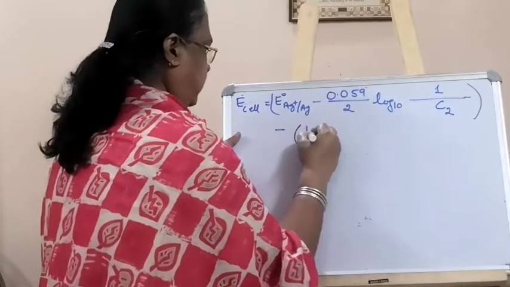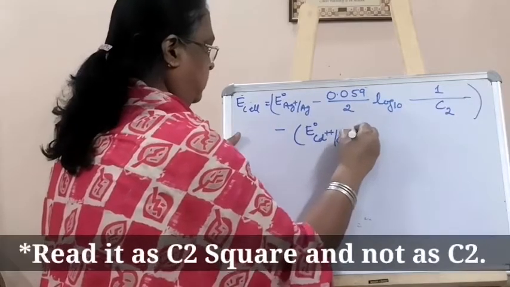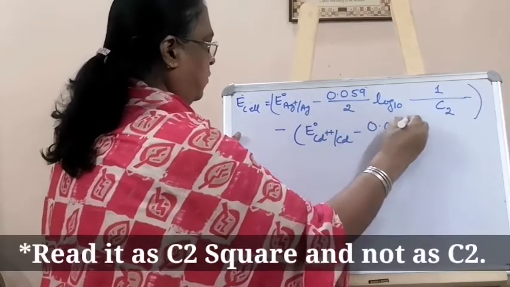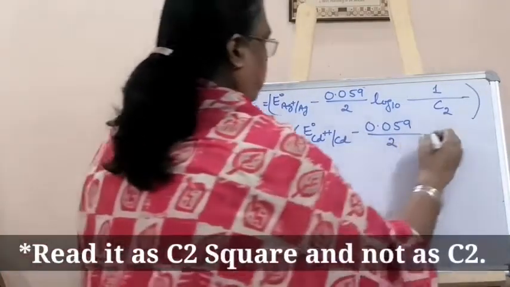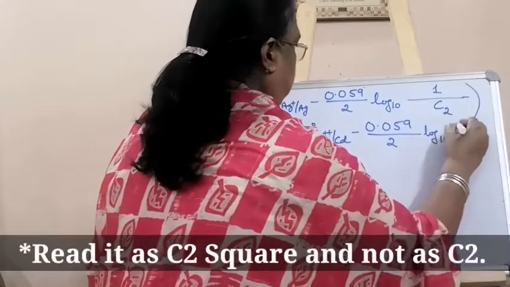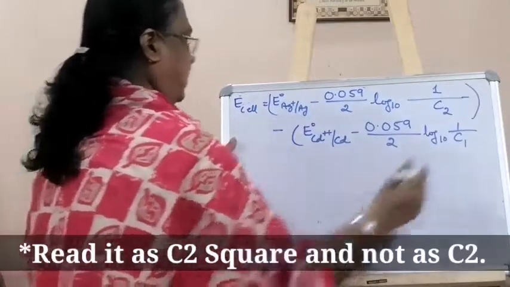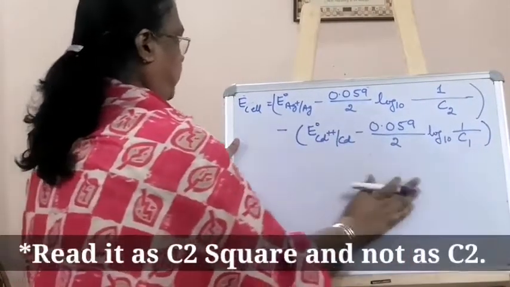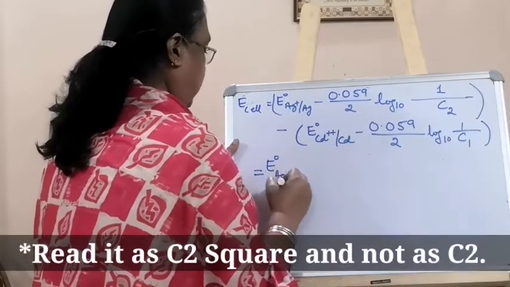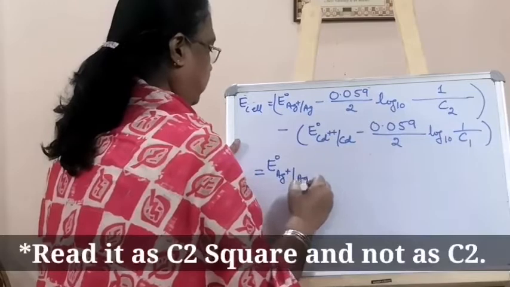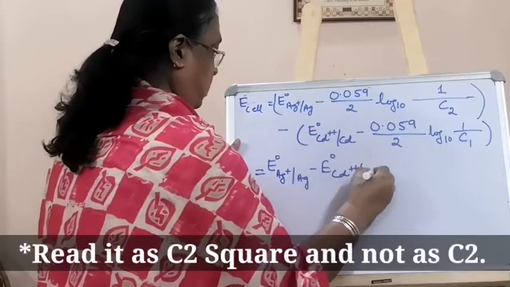So E left will be E0 cadmium ion over cadmium minus 0.059 upon 2 log base 10 1 upon C1. Concentration of cadmium we have taken as C1. So if we solve this, we will have E0 silver ion over silver minus E0 cadmium ion over cadmium,